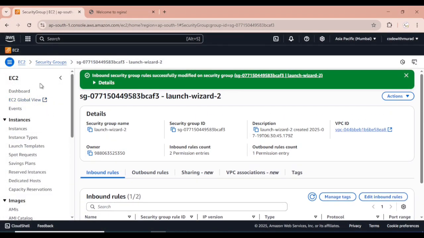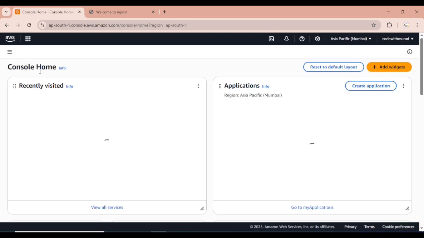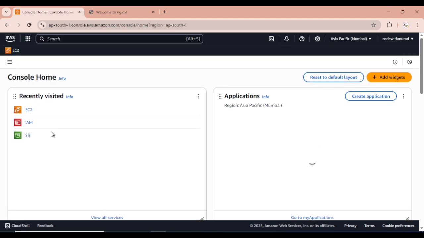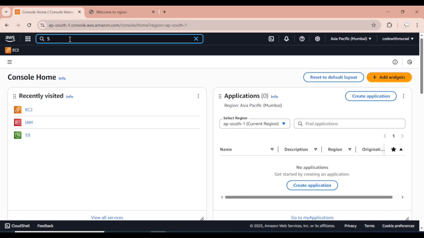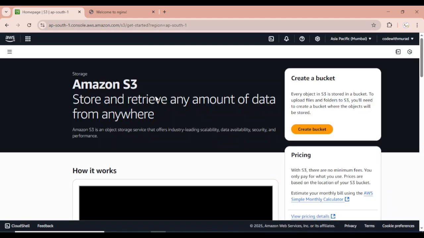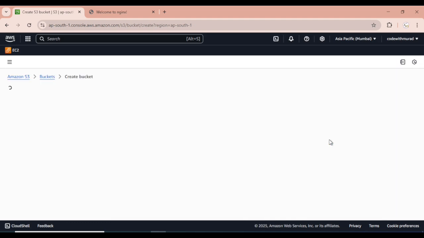let's create the S3. So you can just go to the console home, and here if you see recently visited S3, I'm able to see because earlier I had used that. But in your case if you have not, then it will be empty. You can simply search S3 here in the search bar. Okay, and I'll open it, and here we can see S3: store and retrieve any amount of data from anywhere. So I'll just create the bucket, create bucket,